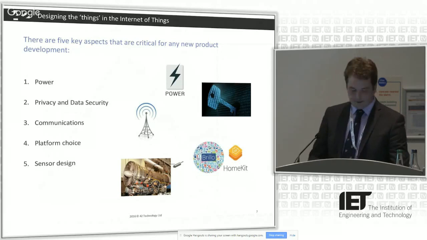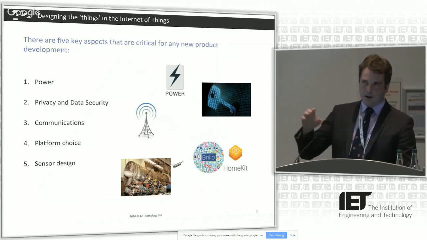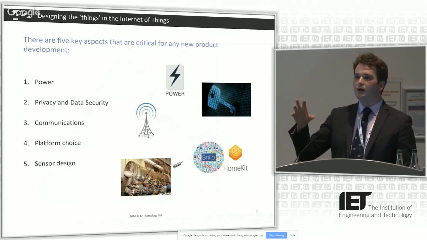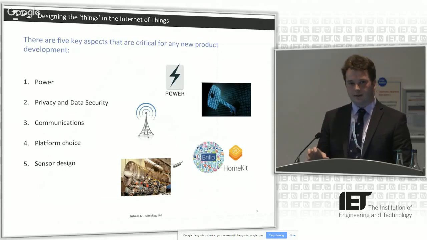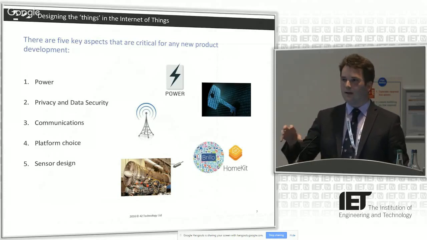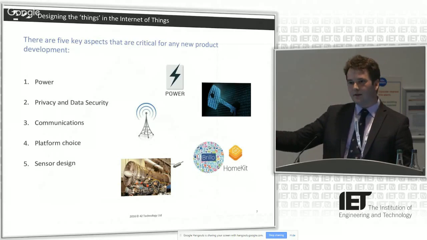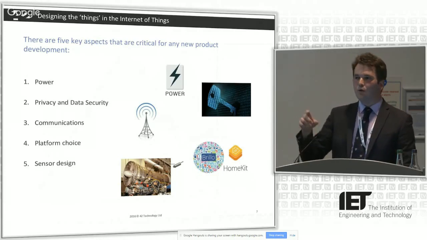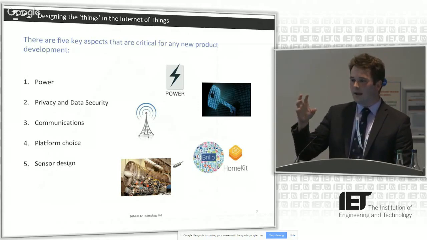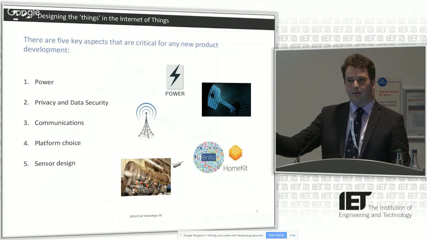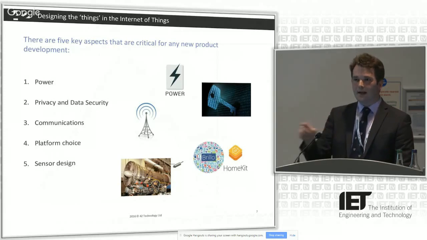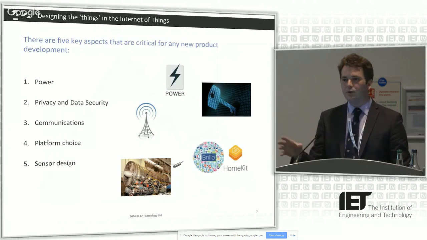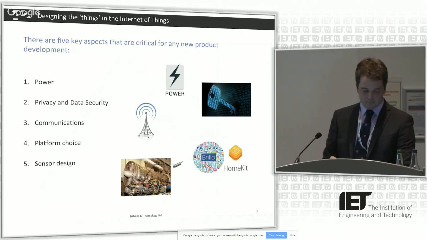And then finally, sensor design. Internet of Things devices are usually expected to have low-cost sensors. Now, low cost means that you've not invested a great deal in terms of the steps involved in the manufacture. So if the sensor that you want to use requires calibration before it leaves the office, that's going to add cost. And therefore, as much as possible, people are going to try to avoid doing those calibration steps.